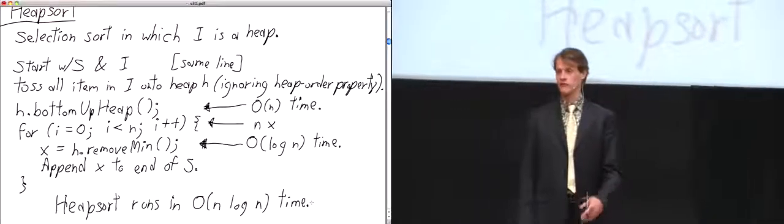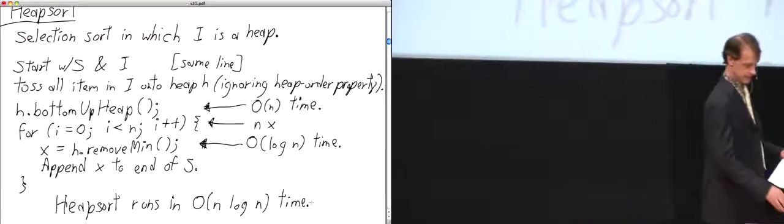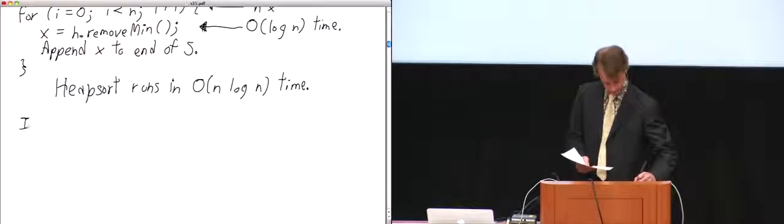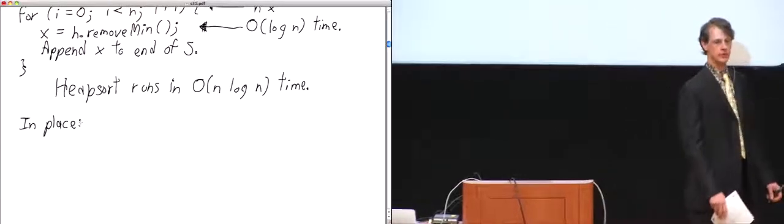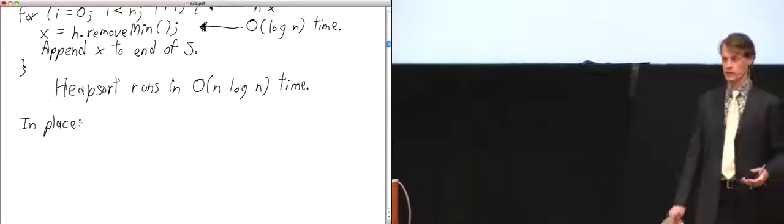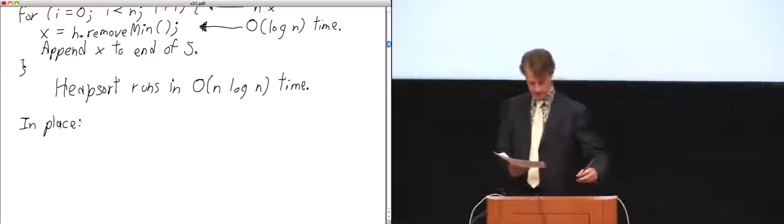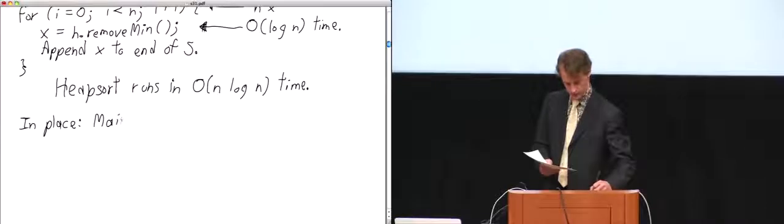Now, one thing that's kind of psychotic about heap sort is you can actually do it in place. So let's take a look at that. There are actually several ways you can do heap sort in place. I'll tell you one today, and you'll see another one in a movie around the end of the semester. But the one I'm going to tell you about today is we're going to maintain the heap backward at the end of the array.